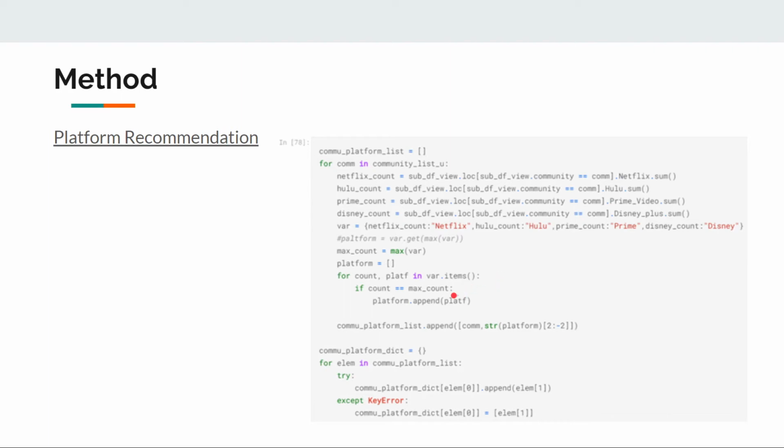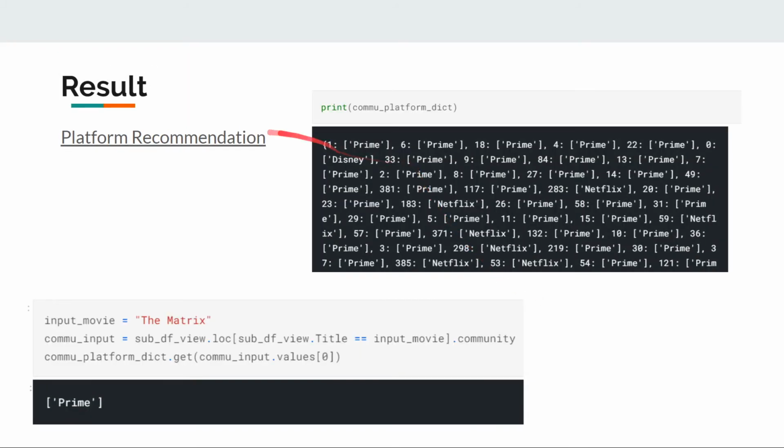And then we append all of those platforms into the community platform list. For easier use, we convert the list into a dictionary, because in the dictionary there will be pairs. So here's the result of the community platform dictionary.